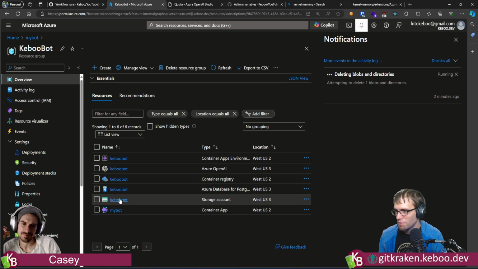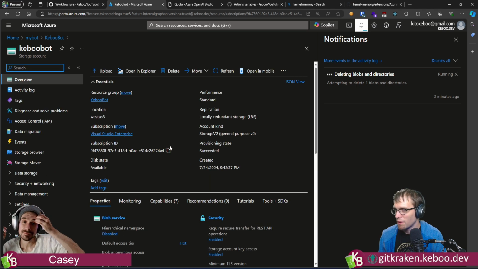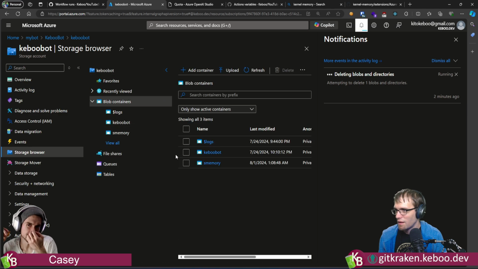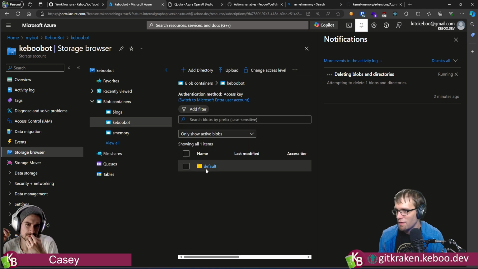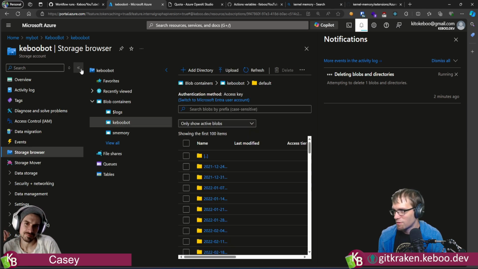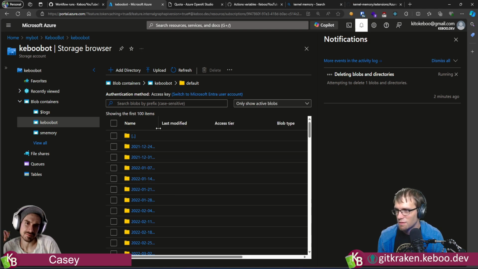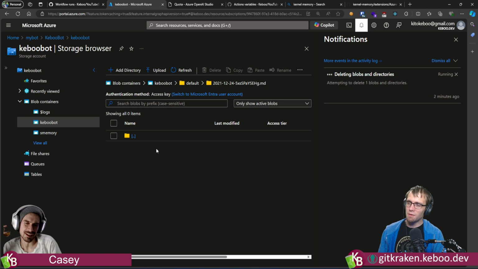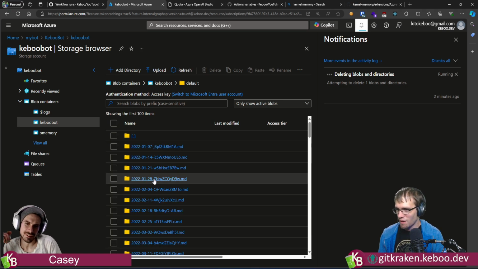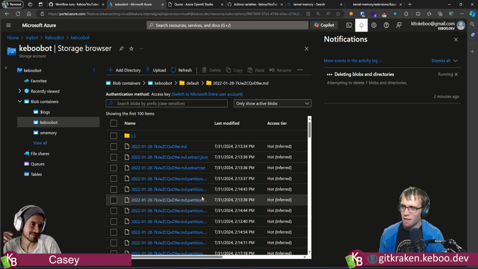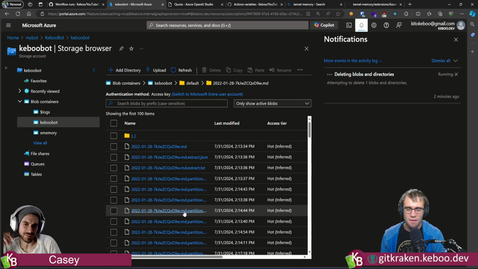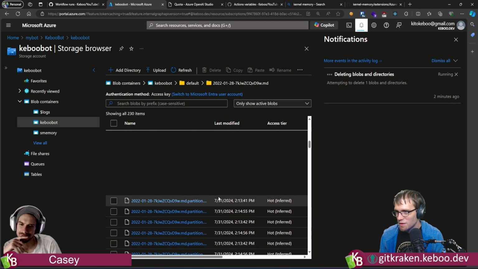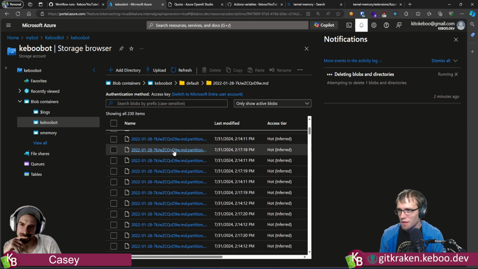Come on, delete the blobs. How many blobs are out there? Oh, it's a lot. Well, it's one blob container, but a lot of directories. Well, there are no directories in blobs. Right, yeah, fair. The directories are like Git branches. They are fake, virtual directories. But yeah, there's a few things for it to delete.